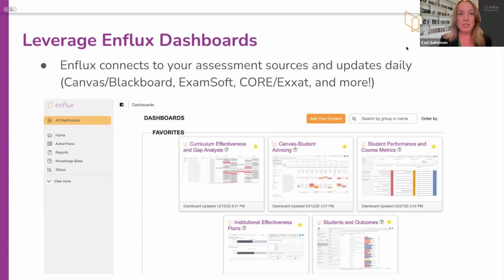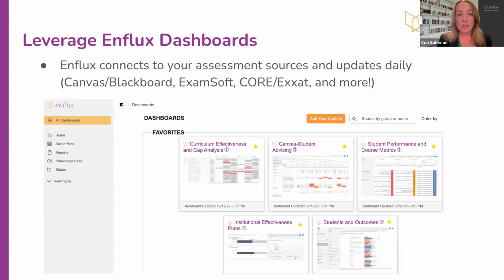And in any of the dashboards, you can zoom in to see a very granular level. You could see one student, one exam, or just one exam and all the students who had trouble with certain competencies on that exam. Or you can zoom out, see whole cohorts and compare them from year to year. So that's helpful when you're trying to look for trends in your curriculum and where those points happen frequently that students need remediation, especially those gateway courses. These are typically the courses where students struggle if they're going to struggle in our program.